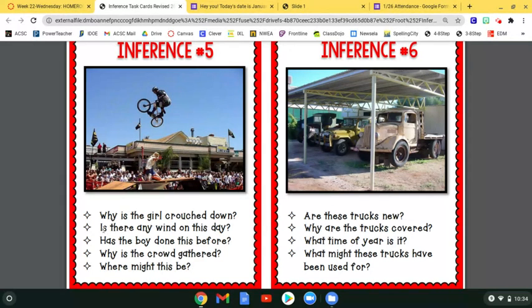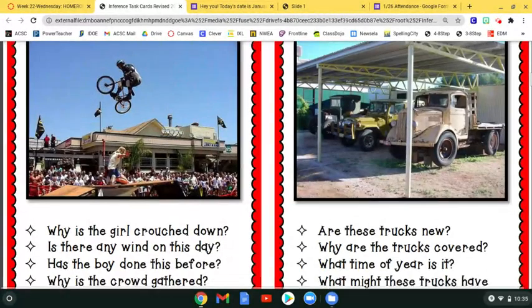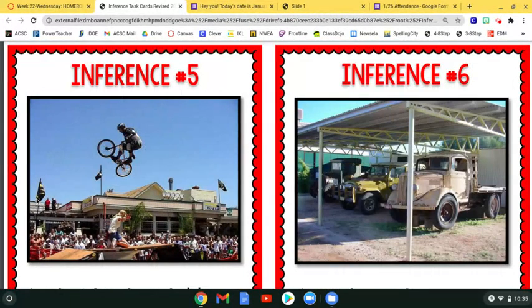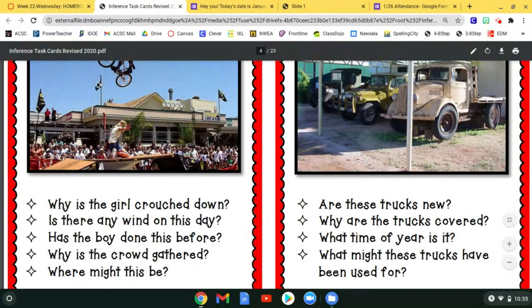The second question says, is there any wind on this day? That's kind of a silly question, right? We can't usually see wind in a picture. Wind is something that you can hear or feel. It's something that you can see as well, but it's kind of hard to capture in a picture. But when I look at this picture, the only thing that would give me a clue about wind are these flags right here. This one seems like it might be moving. So it might be a little windy that day. We have no way of knowing how windy it is, but we can tell there's probably some wind